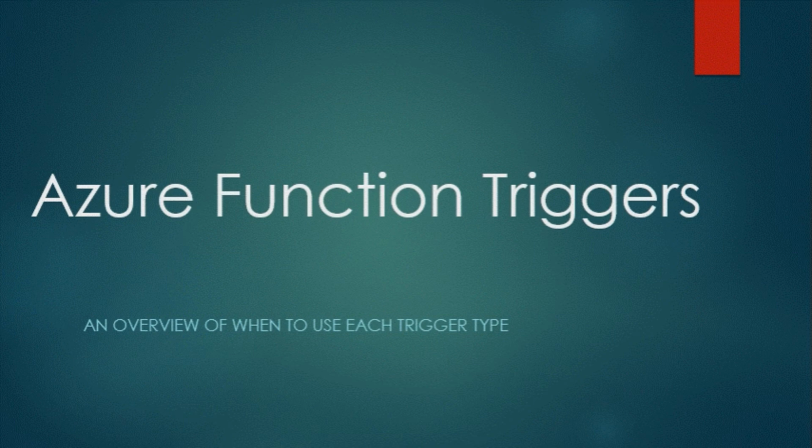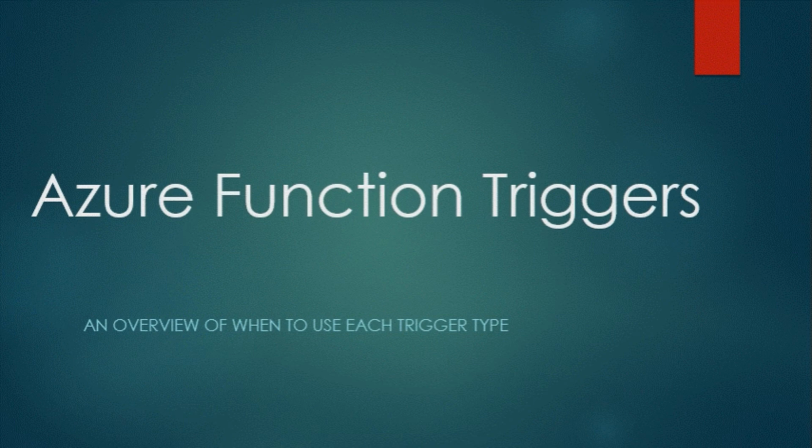Today, we are going to understand the real-time use cases for different kinds of triggers. As each Azure function trigger type has its own strength and use cases, choosing the right trigger depends on the specific need and architecture of your application. So we'll go through the most commonly used triggers one by one, and try to understand the use cases